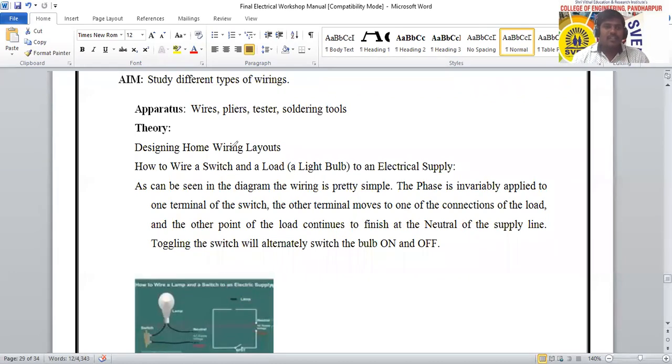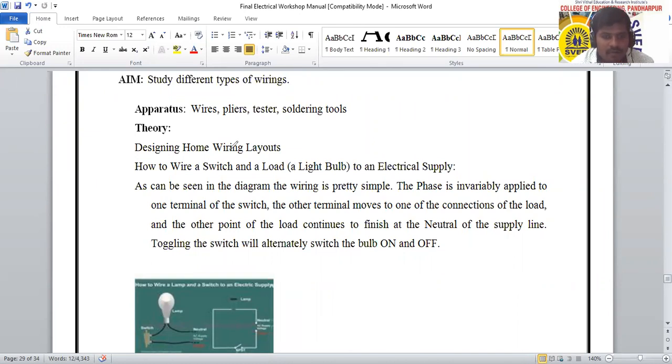This one is the simple type of domestic home wiring, by controlling one load, or it may be one bulb. We control this by using a single switch. If it is used as a staircase type, then this single load can be controlled by using two switches. दोन switch चा use करून ते control केलं जाईल.